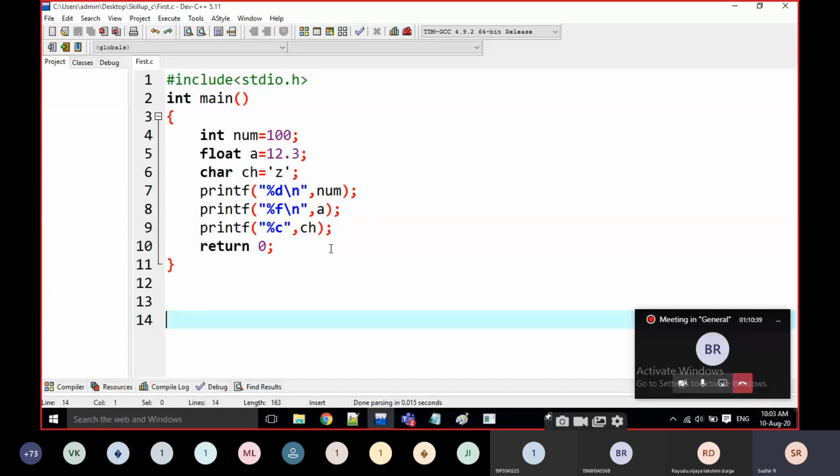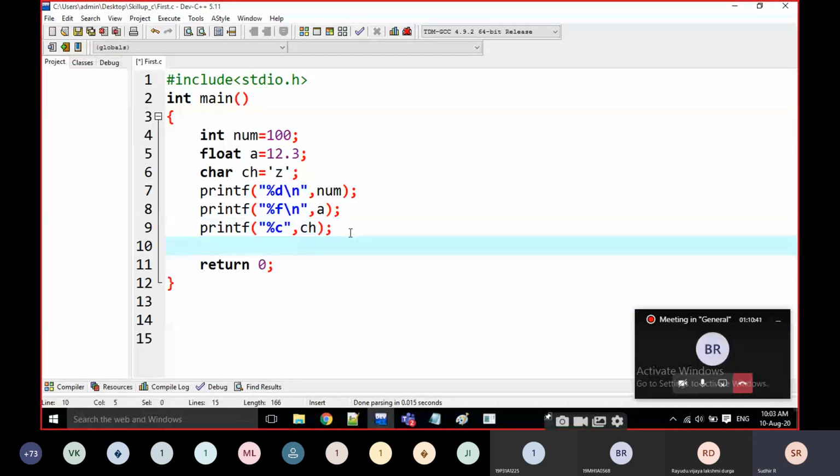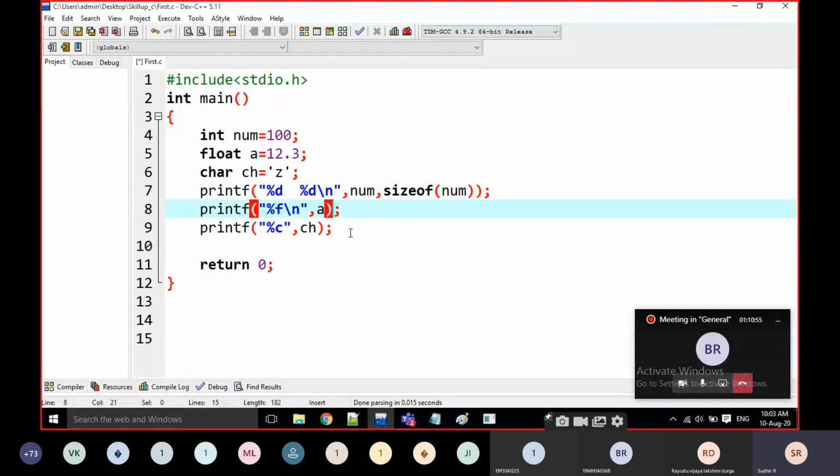And I am going to mention here, I'm going to write what the size is also. Percentage d, size of num. Percentage d, comma size of a.